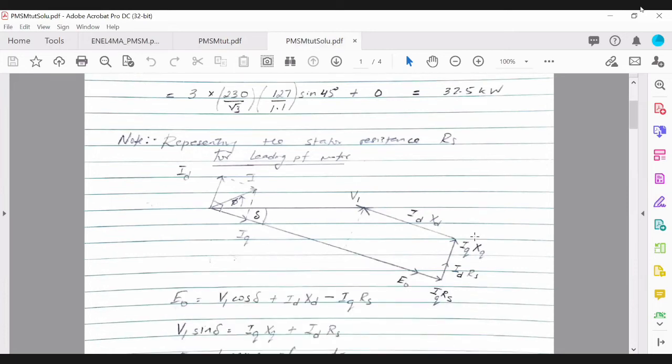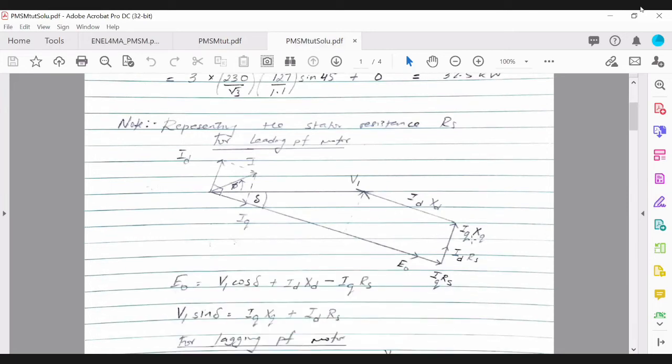Okay, so I've derived some further phasor diagrams and equations for the motor, if you're representing the stator resistance. So for salient pole permanent magnet machines,